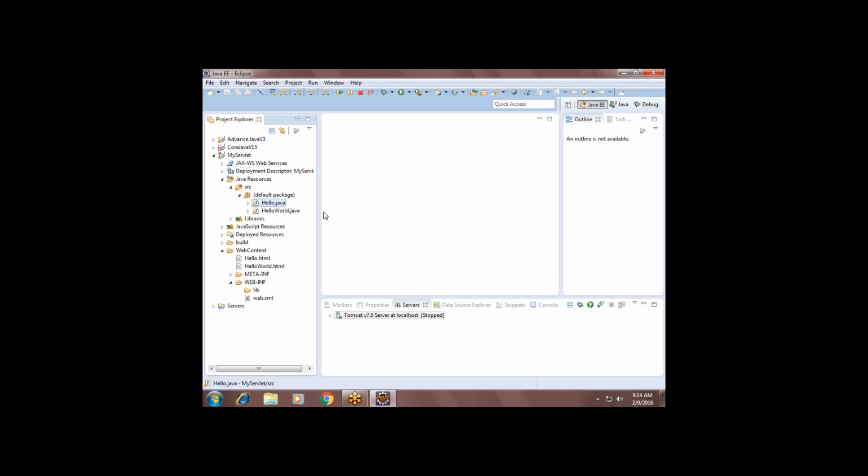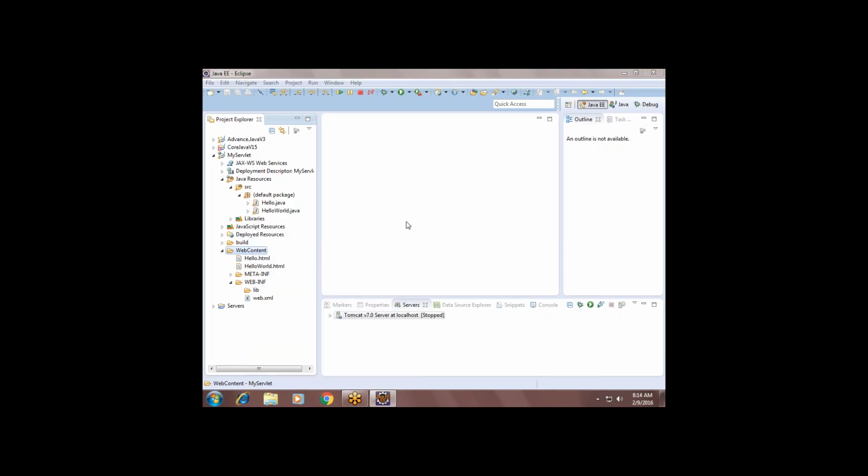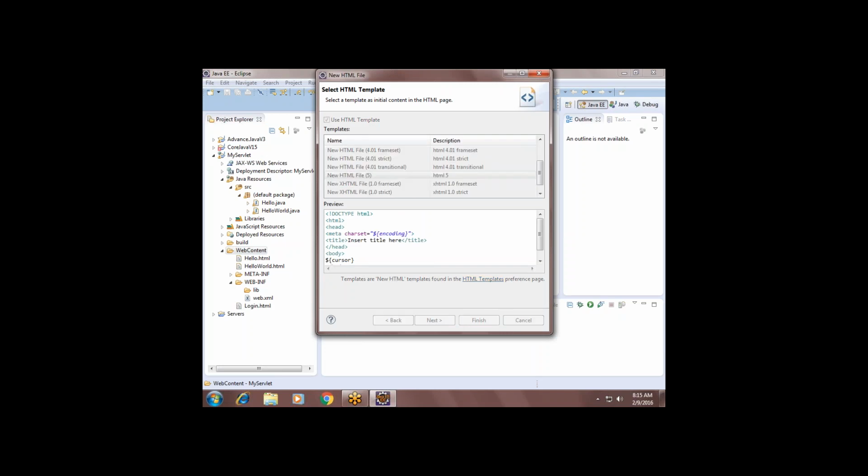Understand? So first let us create one HTML page, named login.html. We'll use a login credentials page.